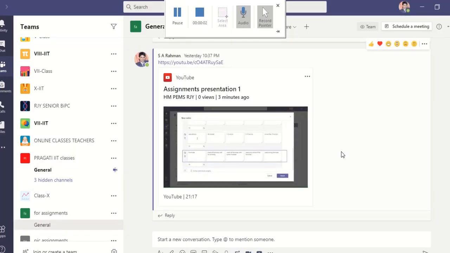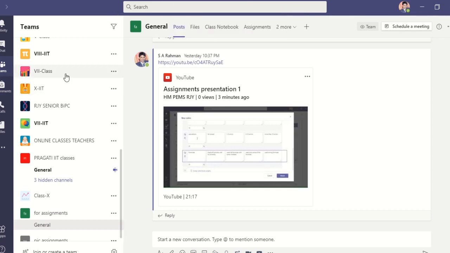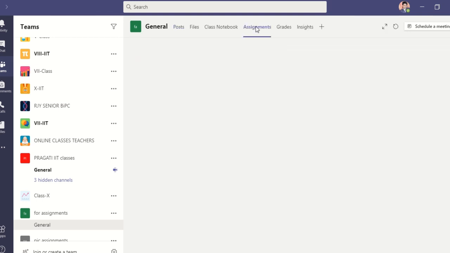Coming back again, similarly, this one also you can upload in two ways, directly from the zip available on the left side of the screen, or otherwise from the assignments tab available in the channel. Now I am using the assignments tab available in the channel to create a quiz. So you open the assignment and you expand the tab here by pressing here.